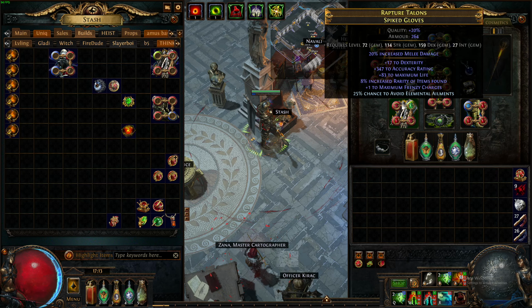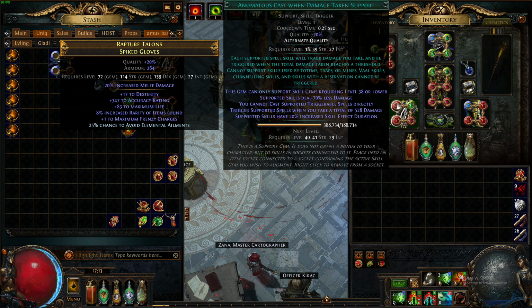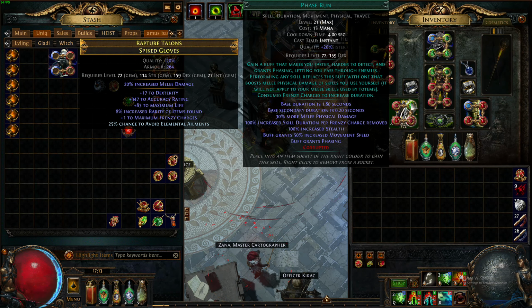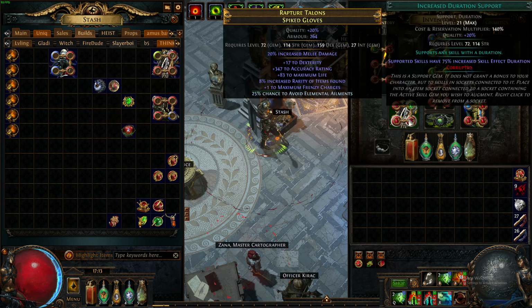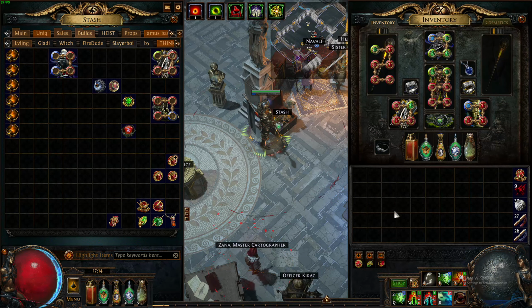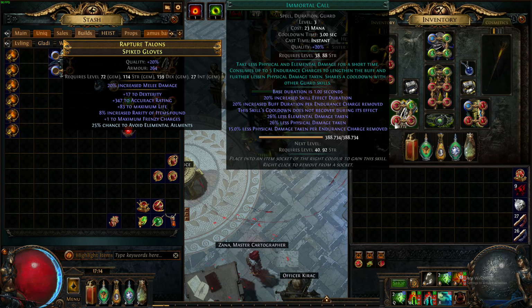Now the gloves is Cast when Damage Taken. Anomalous is really good because it changes the quality to increased skill effect duration. And then we have that link to the Phase Run we just use manually to increase duration, and of course Immortal Call. Just to make our Immortal Call last, I think it lasts about 3 seconds when it uses up the endurance charges. And when you hit the Immortal Call, especially when you're doing ultimatums, when Immortal Call procs